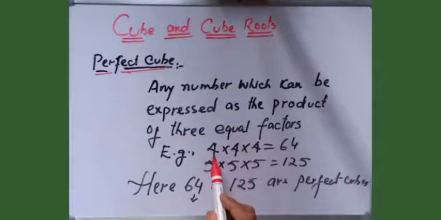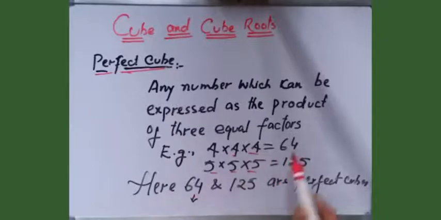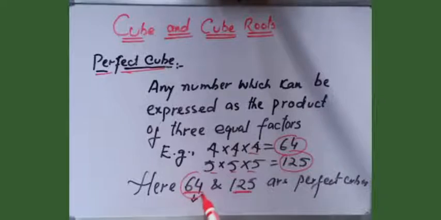You can see 3 equal factors here. So 64 and 125 are perfect cubes, and there are many more such numbers. 64 is the perfect cube of 4 and 125 is the perfect cube of 5. Okay,